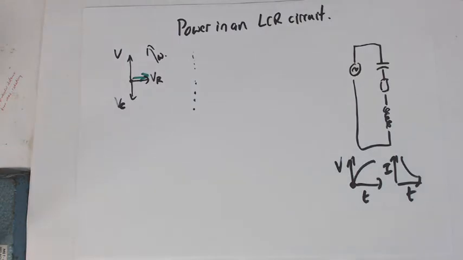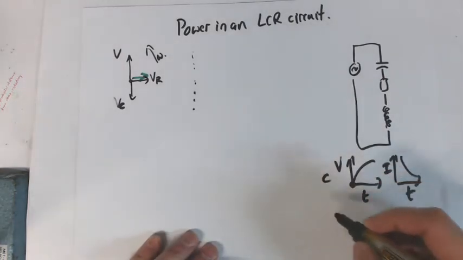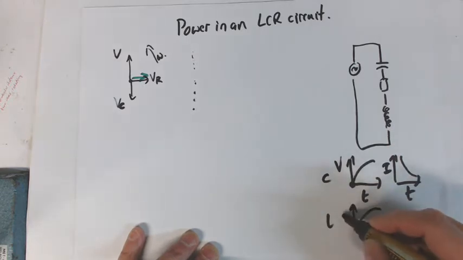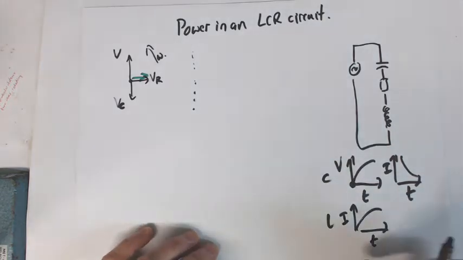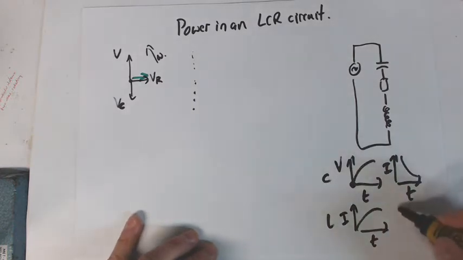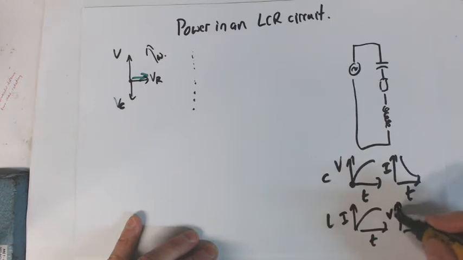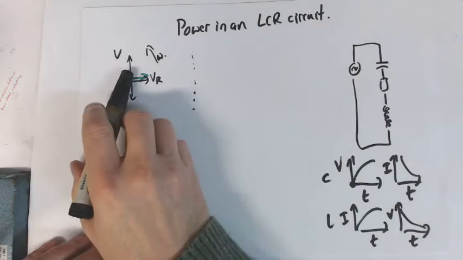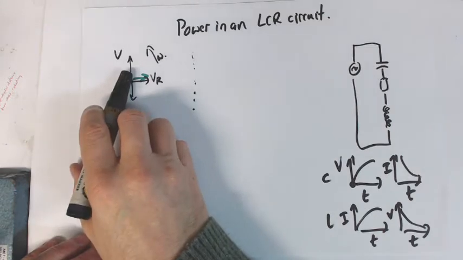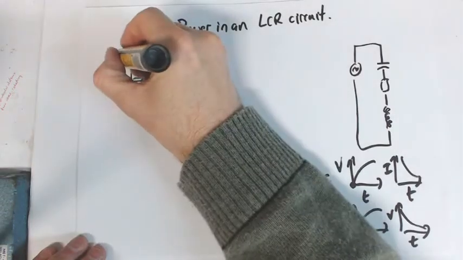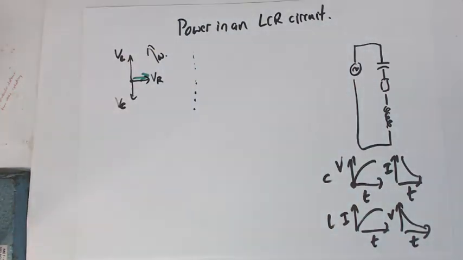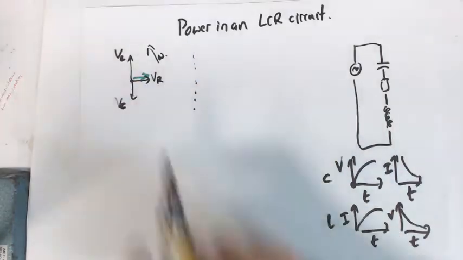Alright, now if we were to look at the inductor curves, so that was the capacitor curves, this is the inductor curves, then on this one it's the current that takes time to build up with the inductor. The voltage across the inductor is maximum right at the start. It's a voltage curve for the inductor. So we know that the voltage on the inductor is high before the current. So this must be the inductor. So this top one's the inductor, the bottom one's the capacitor,